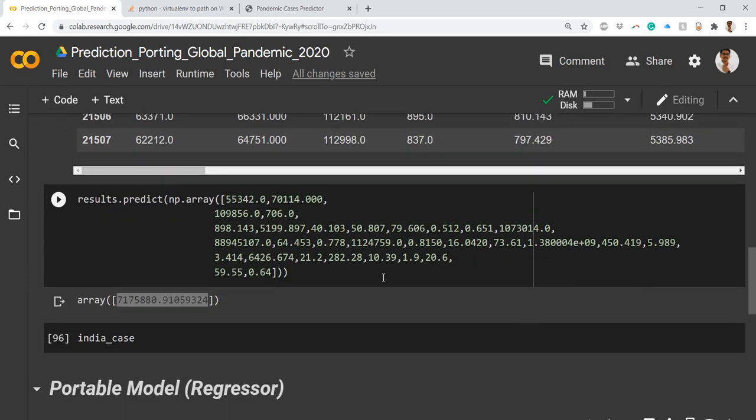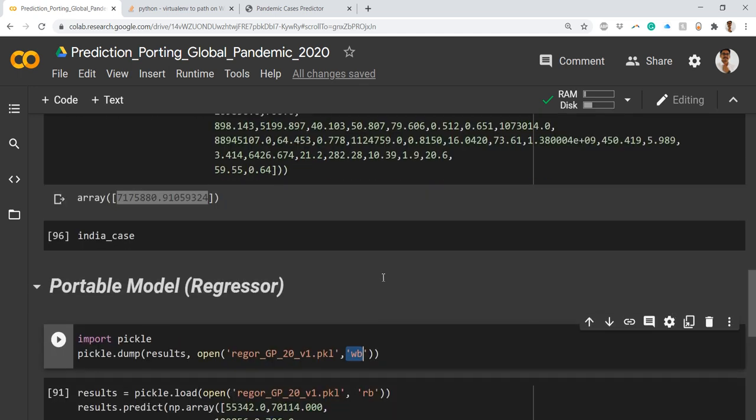Everything will be represented in zeros and ones, so those are called pickle objects. Basically you can transport them to some other machine, that is on a Linux system or a Mac system. That's where cross compatibility comes into the picture. So I dump these results onto this pickle file in write binary mode.